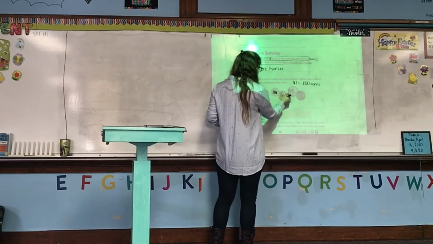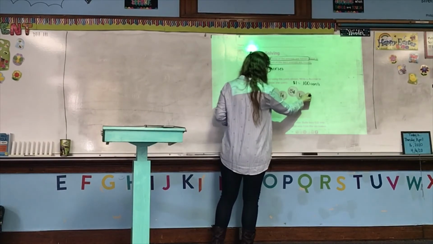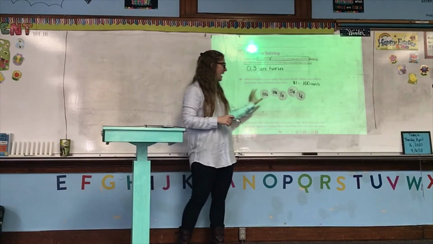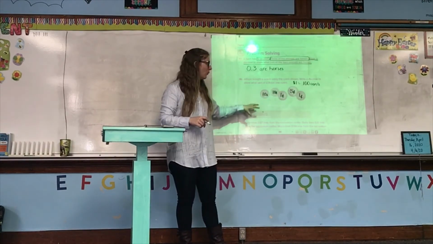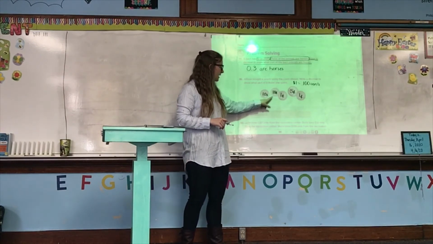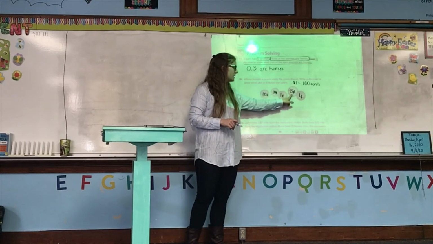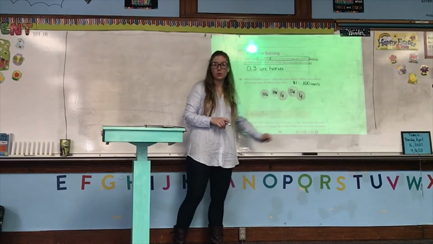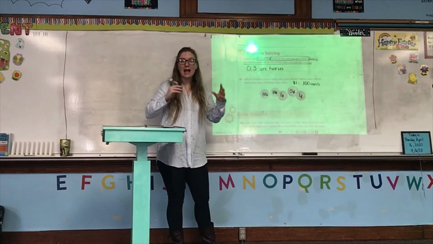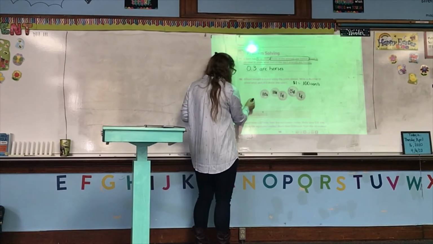We have a penny, which is worth 1 cent. A nickel, which is worth 5 cents. And another penny, which is worth 1 cent. So now we have to add all of this together and figure out what part of 100 these coins show. 10 plus 10 is 20, plus 1 is 21, plus 5 is 26, plus 1 is 27. So that means we have 27 cents out of a possible 100 cents, which means we have 27 hundredths